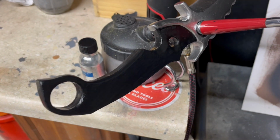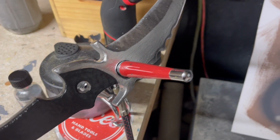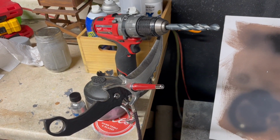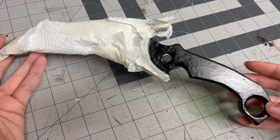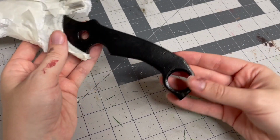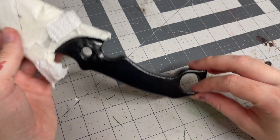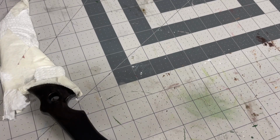Next, I painted the handle with plain old black acrylic. Do you like my ramshackle drying setups? Anyway, once the base coats were dry, I masked off the blade to prepare the handle for the lovely carbon fiber pattern. I was initially very worried about how to accomplish this, but thanks to the power of the internet,